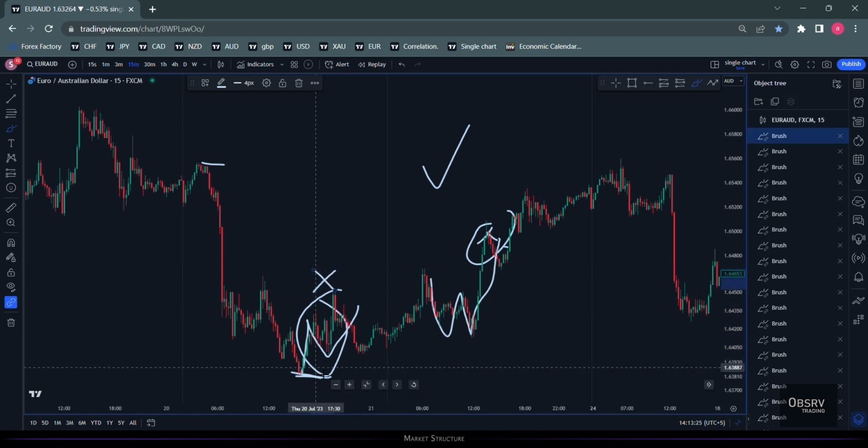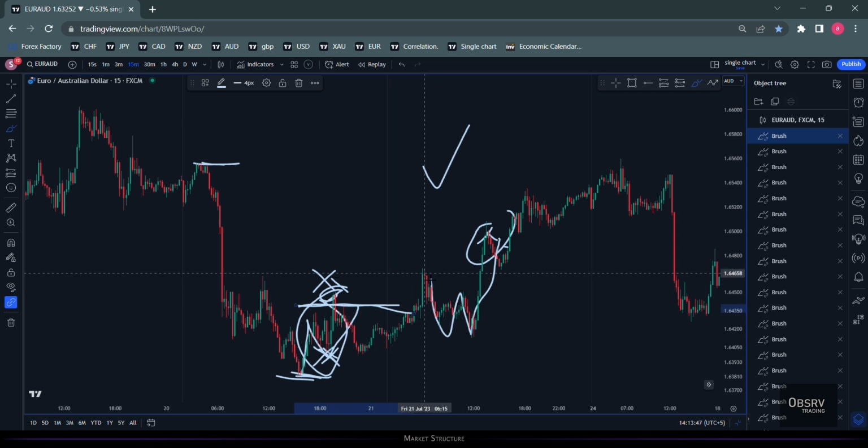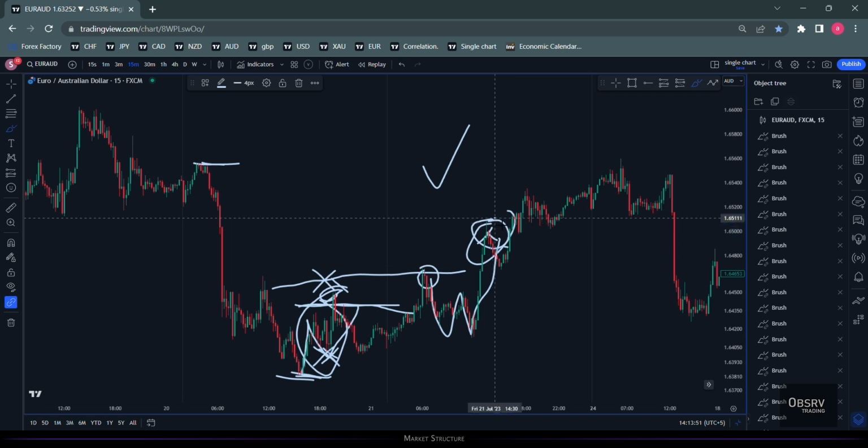Again, your pullback in a downtrend is going to be higher highs and higher lows, right? It does try and make a higher low. It does try and make a higher high, but it fails, right? This is a fake out. You're putting in lower highs, lower lows. You have one higher low, but you do not have a higher high. You still do not have a higher high. It's at this point when you have a higher high, and that is the higher low that starts the pullback,